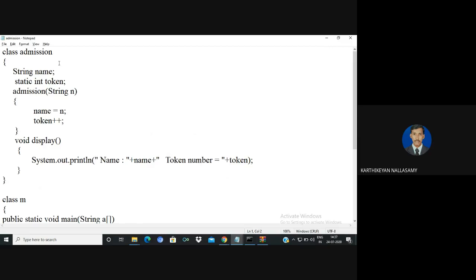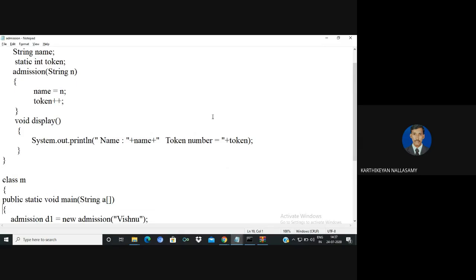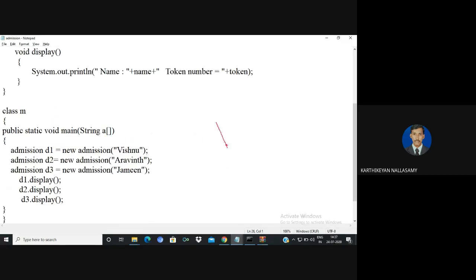So I will repeat once again with the help of a diagrammatic representation. This is the memory for a token. It is a common memory. Whenever Vishnu comes to this memory, initially the token value is 0.